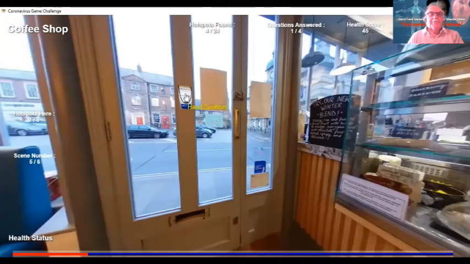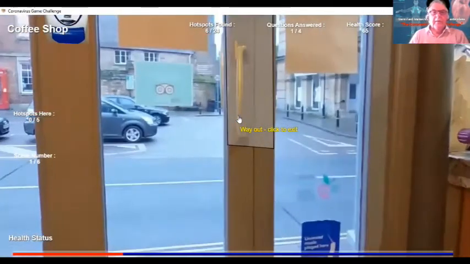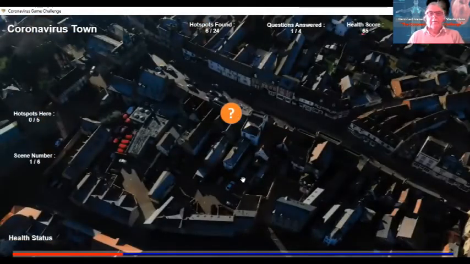What is it? Hand sanitizer. So I can click on that, and as soon as I click on it, I recover some of my points, but I need to get out of the coffee shop. So, way out, click to exit. So now I'm back in. Now I know I don't want to make that mistake again by clicking on a coffee shop.